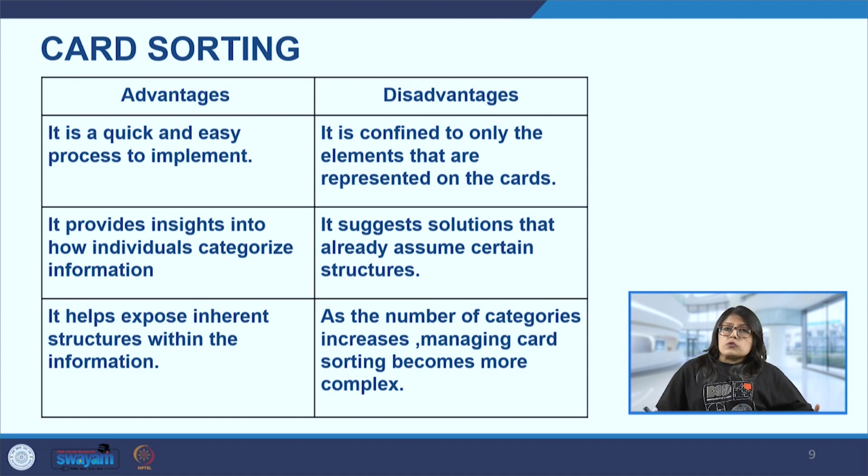So how do we also simplify it? That is another advantage of card sorting: if we are getting too many headings, how can we compress them and make a minimum number of headings so that it is easy for the user. So these advantages and disadvantages also tell us how the final product can be more user friendly and more effective for the user to operate.